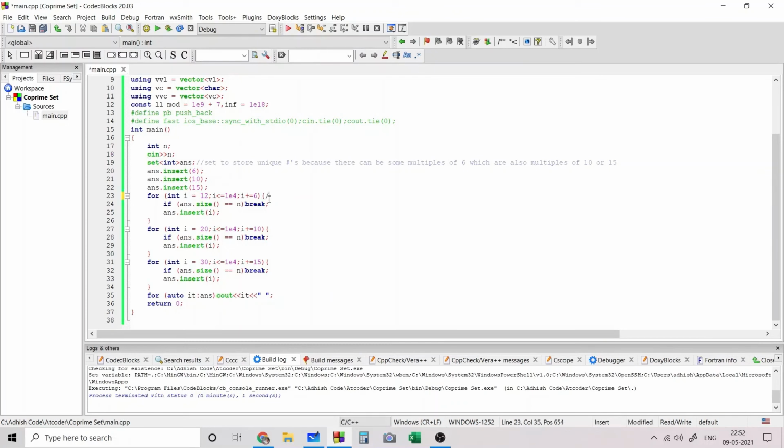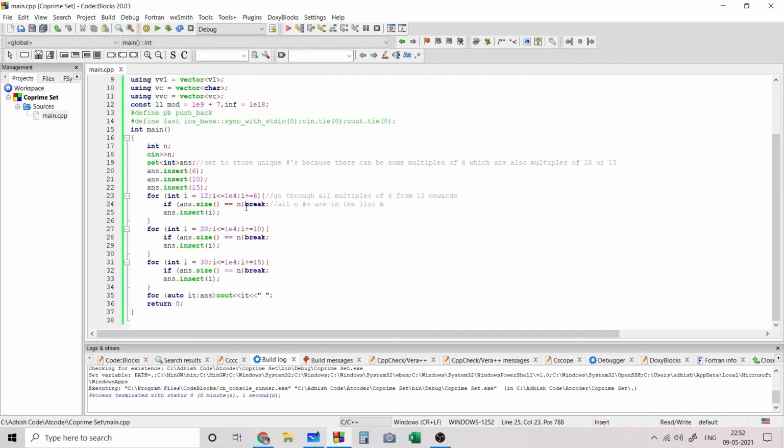Then I looped through all the multiples of 6 from 12 onwards, and checked if the size of the set was already n. If all n numbers are in A, then we are done, so we can break.